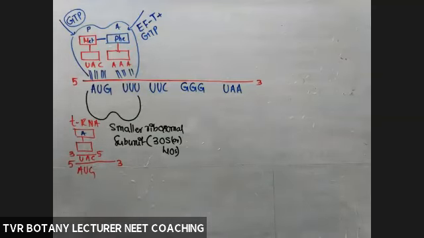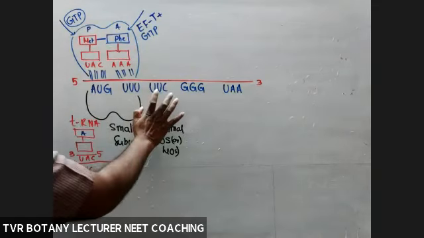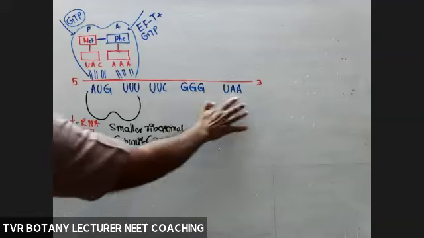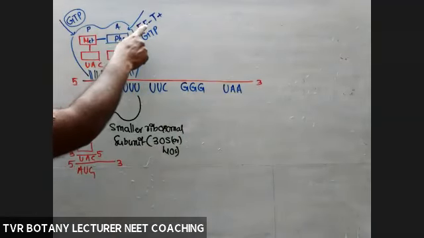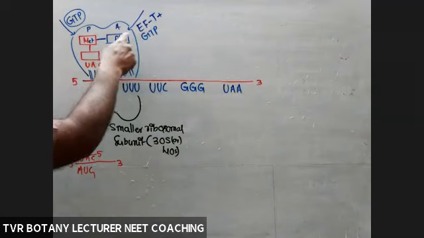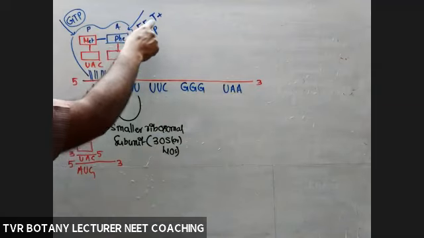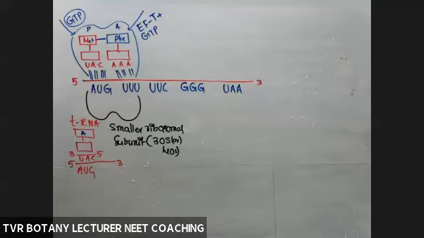So decoding of codons 1 and 2 is completed. Remaining how many? Third one, fourth one. This is the nonsense codon, right? So here for the entry of the second amino acid tRNA, elongation factor T is required and 1 molecule of GTP is consumed. Remember that one. Okay, right? Is it clear? Next.